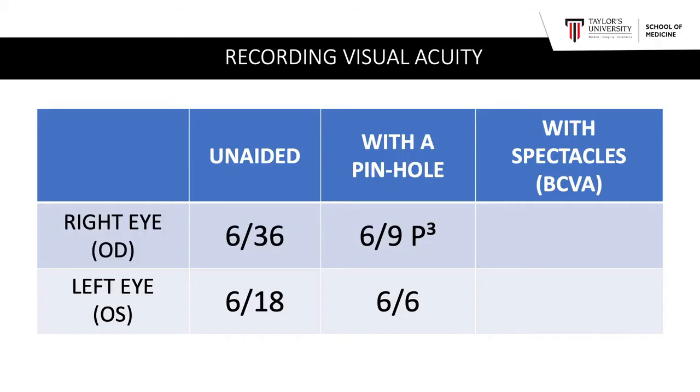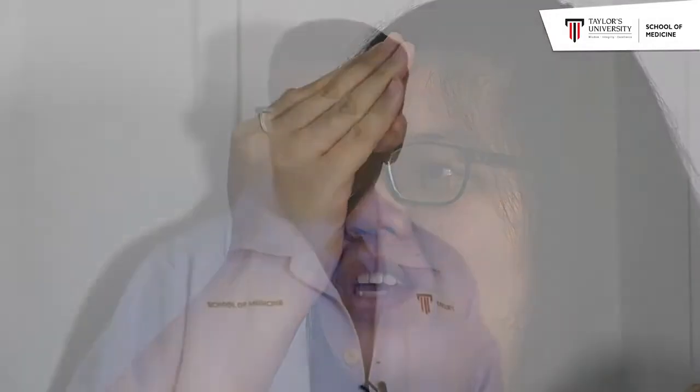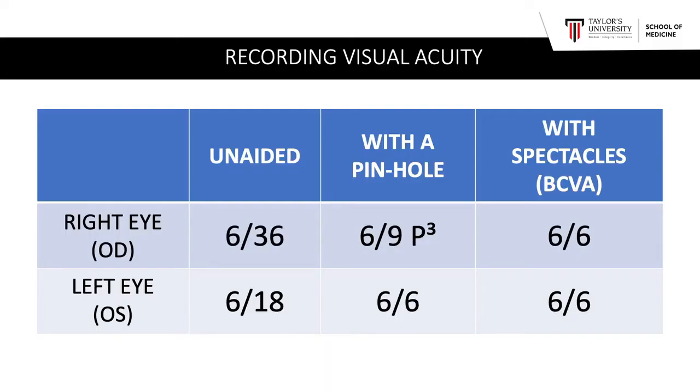So, Ms. Audrey, can you wear your spectacles, please? Yes, sure. Again, I would like you to cover your left eye and read for me. T O Y H U V. Now, with your right eye covered, can you please read with your left eye? T O Y H U V. And the patient can actually read up to the last line. So the best corrected visual acuity is 6/6 in her right eye and 6/6 in her left eye.